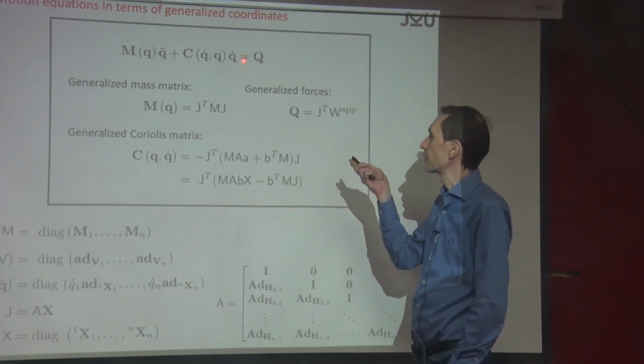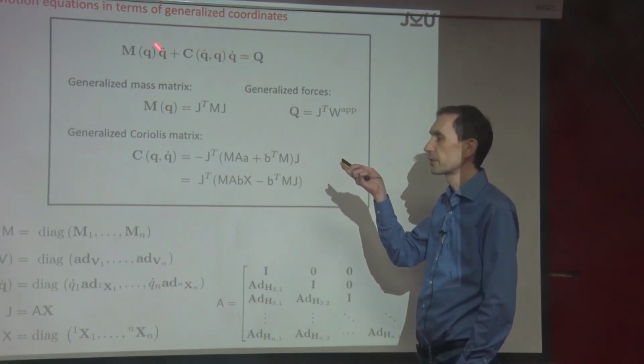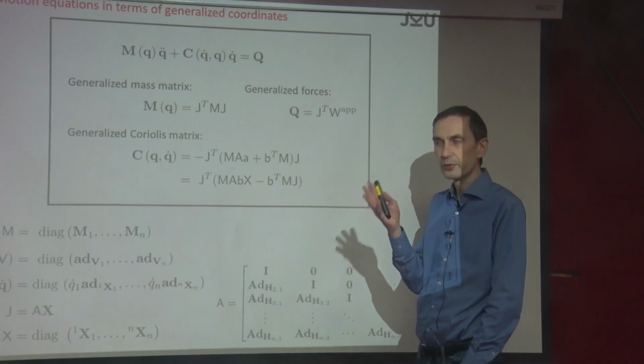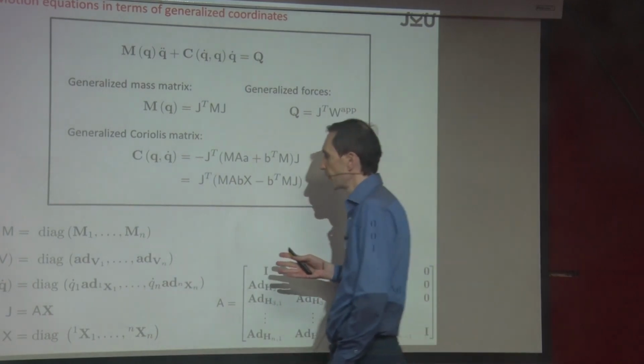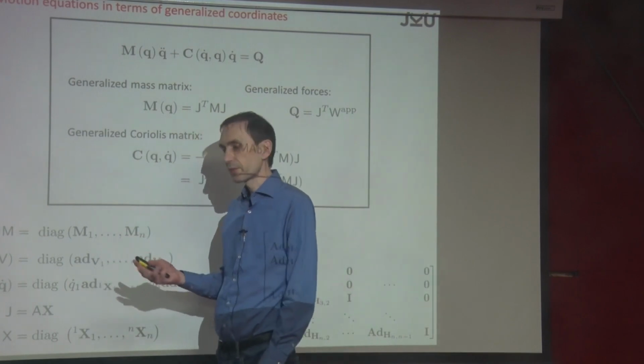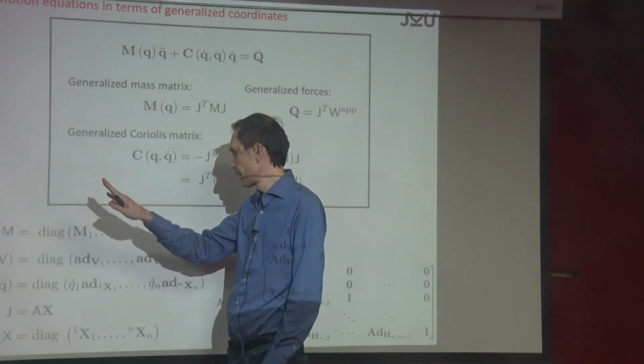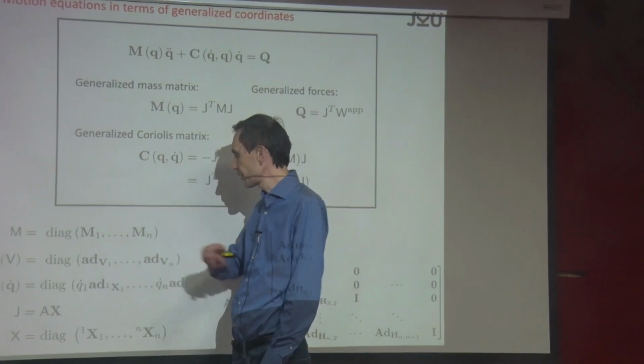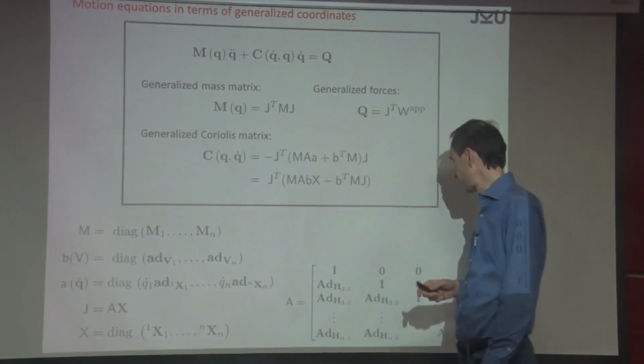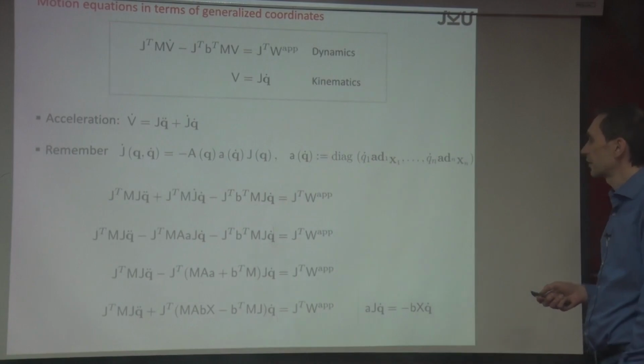What I'm saying is that you evaluate the equations for given Q and Q dot, not for Q double dot. Maybe you do, but usually you don't. It depends. So why I'm saying this: given Q and Q dot, you can compute the velocities by using the forward kinematics, which is essentially